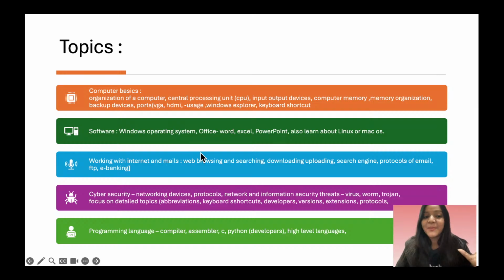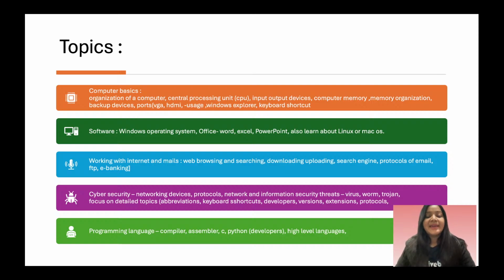So, see, software. If I focus on the second topic, which is software: Windows operating system. Windows is not the only operating system, right? We also have Linux, we also have Mac OS. You can't really expect too many questions from there, but at least know the basics. What is Linux? What is Mac OS? It's not like there exists only one operating system. No, it isn't, right? In Windows, there's an essential software package which is Office, the MS Office suite, Word, Excel,